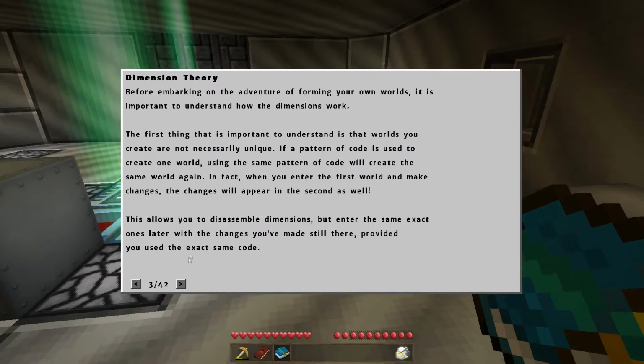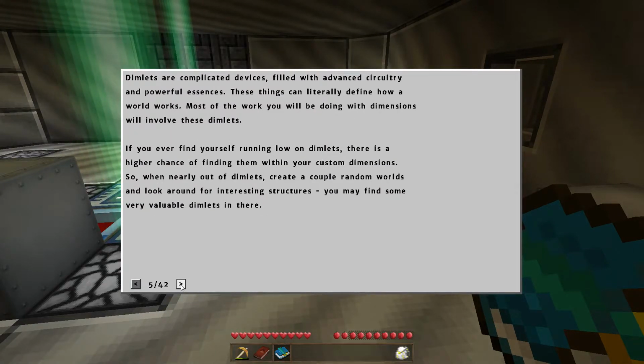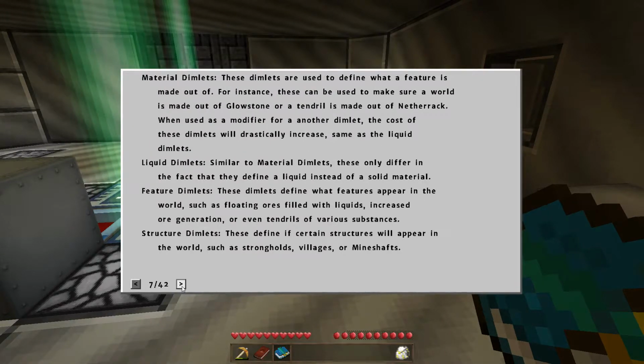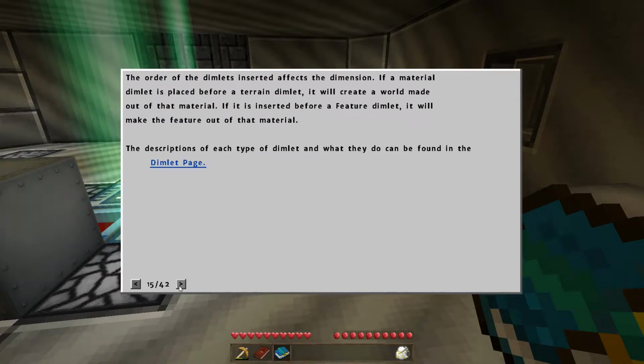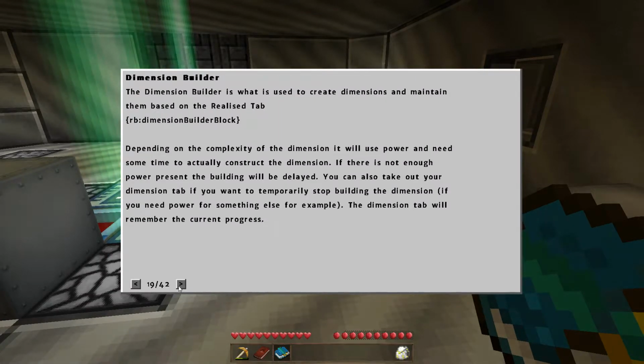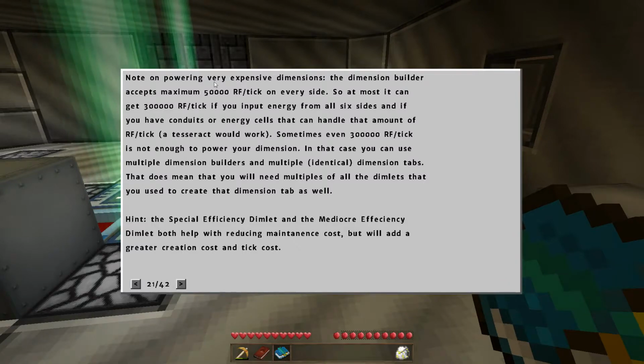So dimension theory. Okay, this is probably what I was already on. Whoops-a-daisy. So I really need to know what's the best way to put together a dimlet. Depending on the complexity of the dimension, it will use power and need some time to construct the dimension. Okay, so as soon as the dimension is ready, the tooltip on the dimension... So just having a quick flick through here. So, note on powering very expensive dimensions. The dimension builder accepts a...